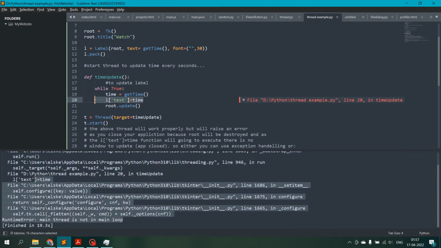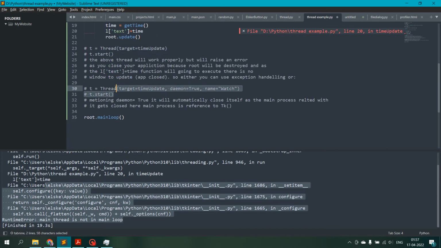went to this line, where it was written that the label, and we update the text after this label. But when it goes to update, it was found that this label doesn't exist because I have closed the app, so it throws an error. Okay, but in this case,